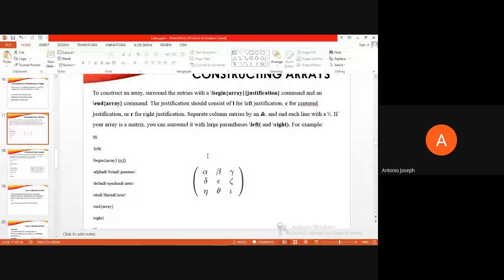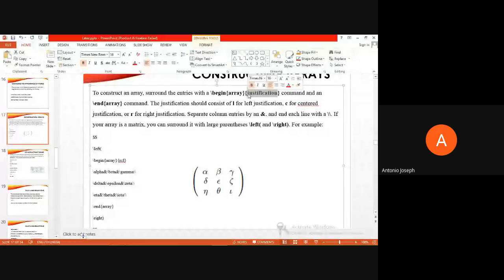Inside the array, in this example, it's a 3 by 3 matrix, so there are 3 rows and 3 columns. Now we can provide the alignment for these 3 columns. Inside this justification, we can provide what sort of justification is needed for each column.